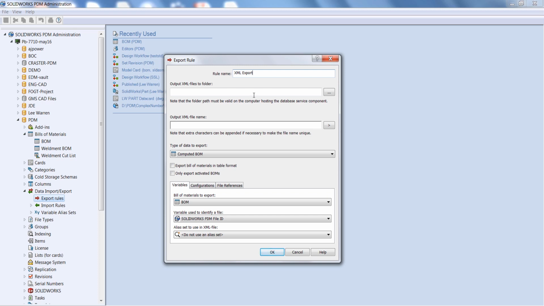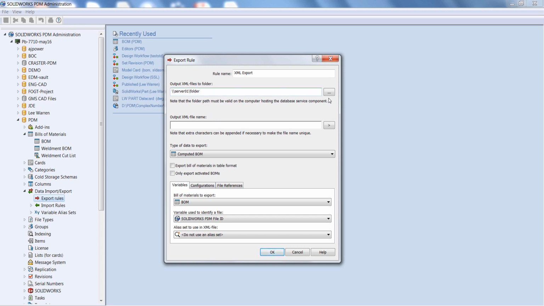If you're going to use what's known as a full UNC path, so something like // and then your server 01 and then / whatever the next folder is, for example, this folder would need to be shared and accessible from the server that you're outputting the XML from, so your PDM server there.